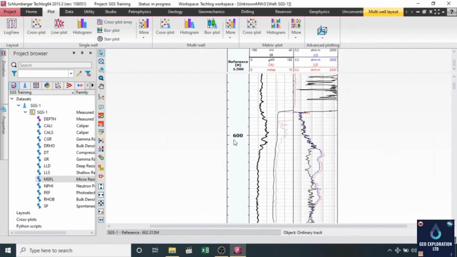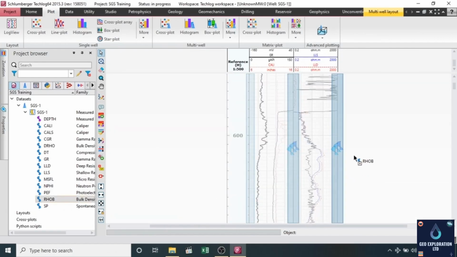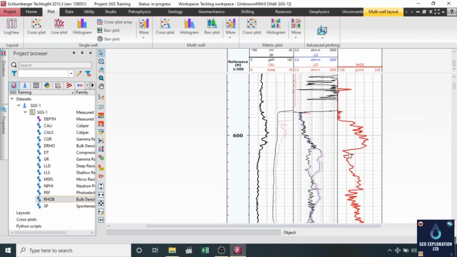Okay, now next we drop the RHOB here, and then we select the NPHI, the neutron porosity there, and now we have to drop the crossover of neutron density. For that we have to click on NPHI curve, then press control and then select the RHOB curve,